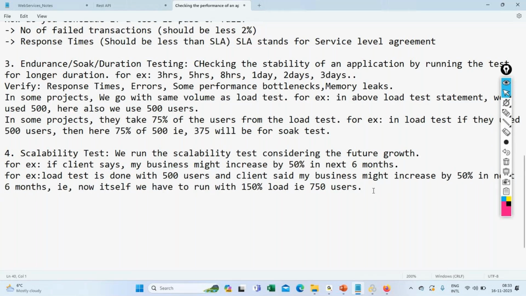So for example, I'll tell you one practical example. I was working for one of the banks, I think in 2020. In 2020, we all know that the pandemic started, right? I think in the month of March, first or second week. It was more aggressive at that point of time. So I think in the month of May, the client scheduled one meeting and said,